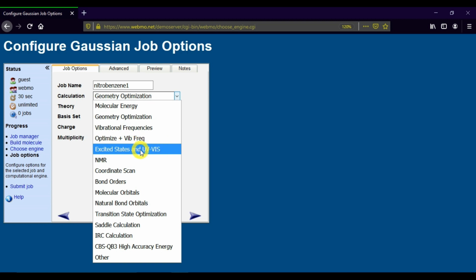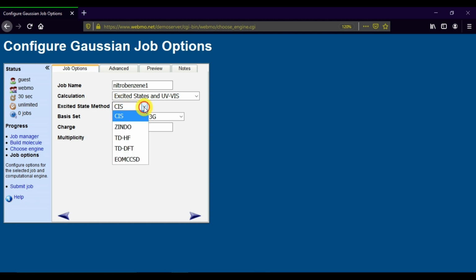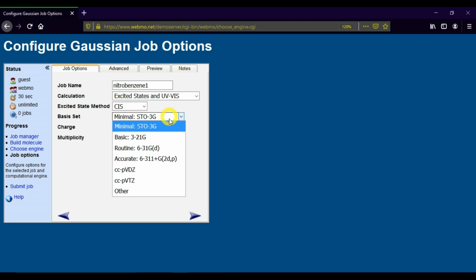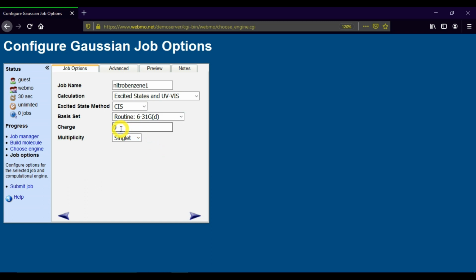Using this calculation we can get the UV-visible spectra, and the excited state method is CIS. All these methods can be used to calculate the UV-visible spectra, but I select CIS because it is enough for this calculation. And now I select the basis set 6-31G(d). Then the charge of the molecule is 0 and the multiplicity of the molecule is singlet. Then click Continue.